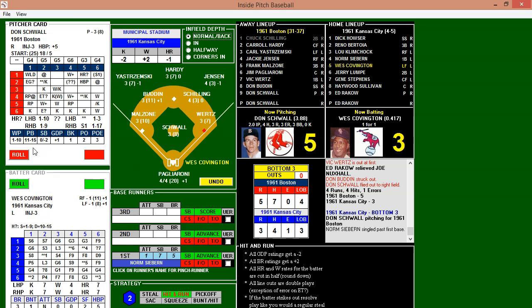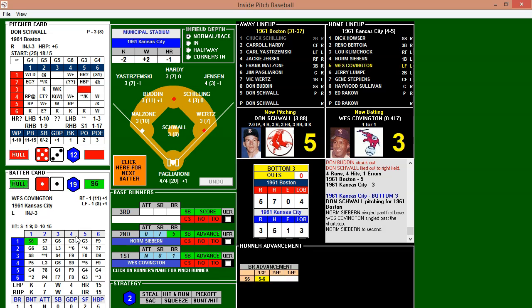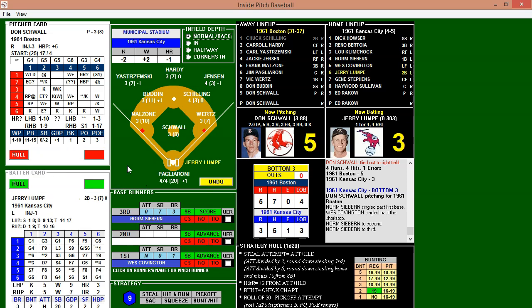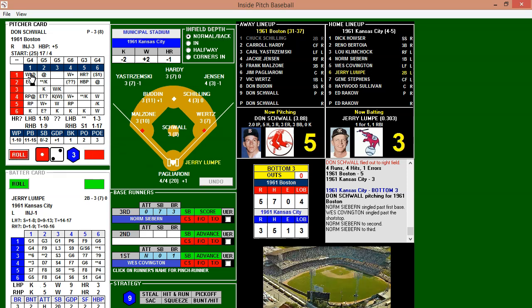Looks like they're going to go with the hit and run here now. Covington singled his first time up. Schwal looks in for the sign. Wirtz holding on Schwal. Here's a windup in the pitch. And that's going to be effective first as Seaborn will reach 3rd. So runners at the corners now with nobody out. Tying runs on. Lumpy had an RBI single his first time up. Schwal looks in for the sign, looks at the runners. Here's the delivery.